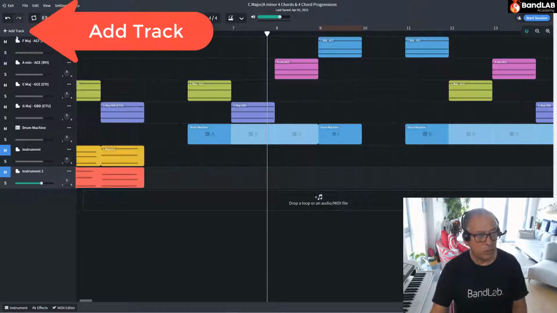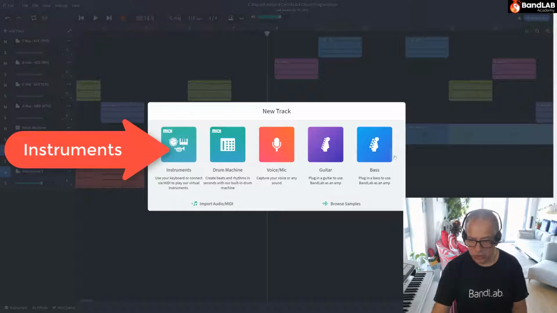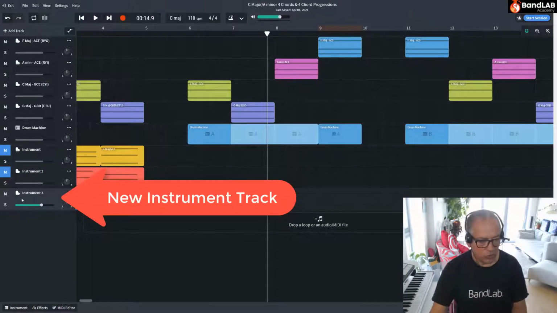And to do that, we go to the left-hand corner and add track and choose instruments, not bass. Go to instruments, one click, and you'll see a new instrument track which defaults to a piano. And so click on the piano icon,